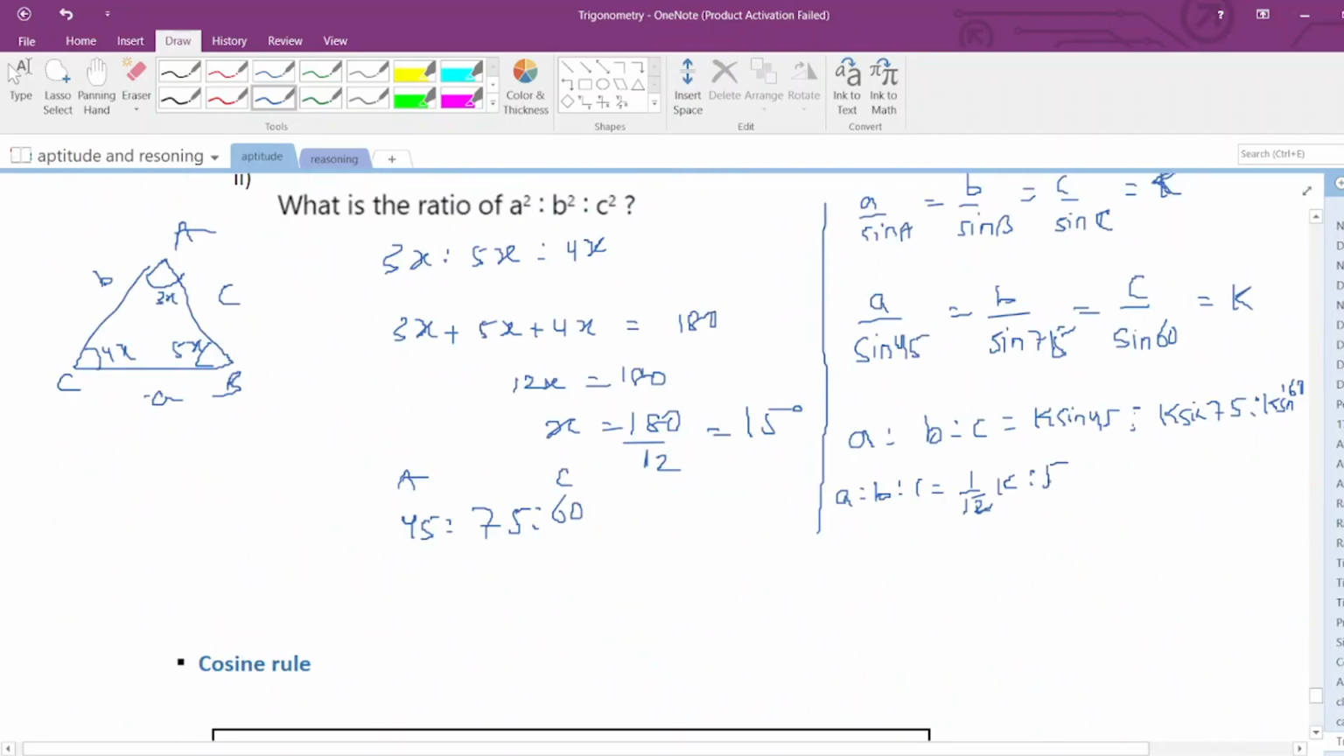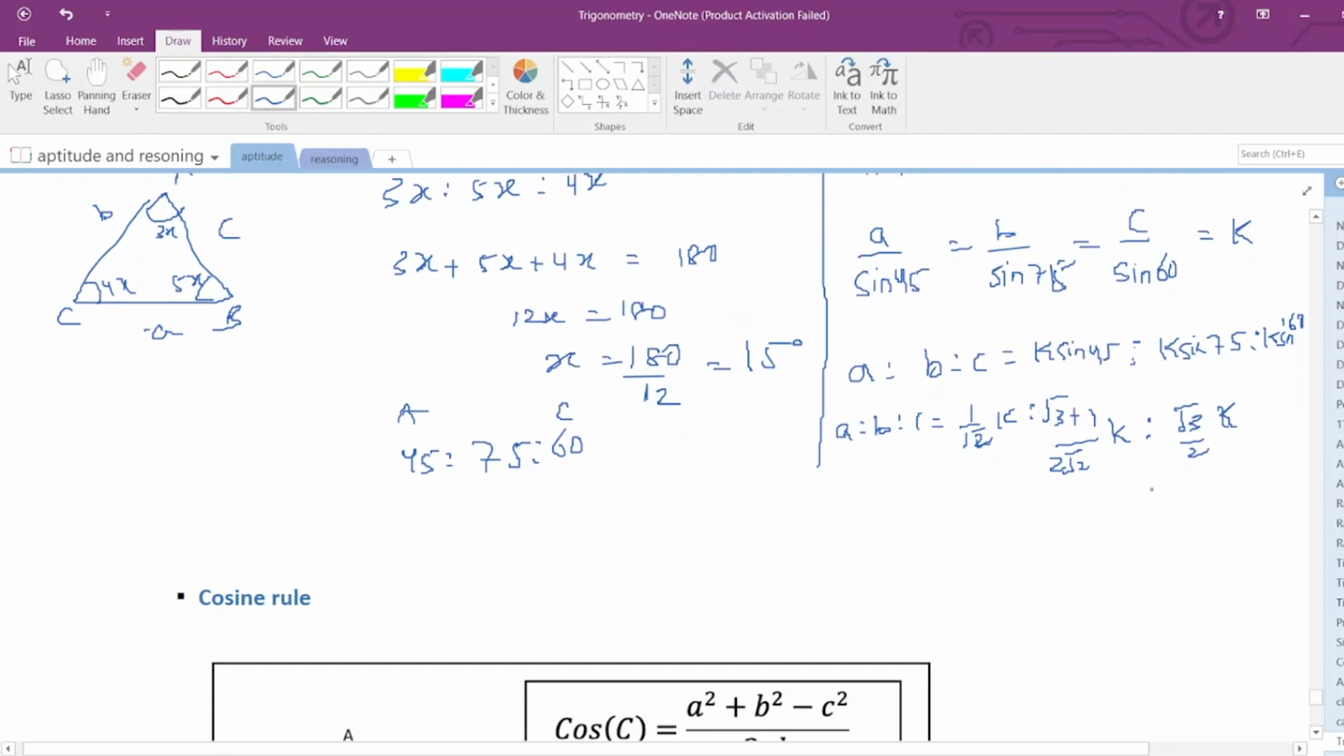So root 3 plus 1 by 2 root 2 k, and sin 60 is equal to root 3 by 2 k. Correct? Now what did he ask? He asked for a square is to b square is to c square. So we should do square on all the sides, right? So this is equal to 1 by root 2 whole square, what does it become? It should be 1 by 2 k square,